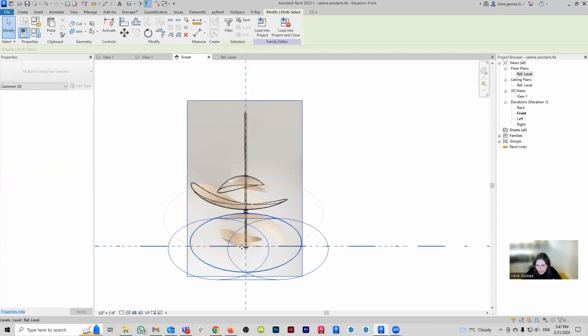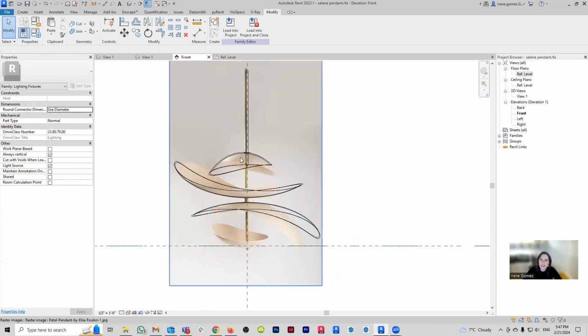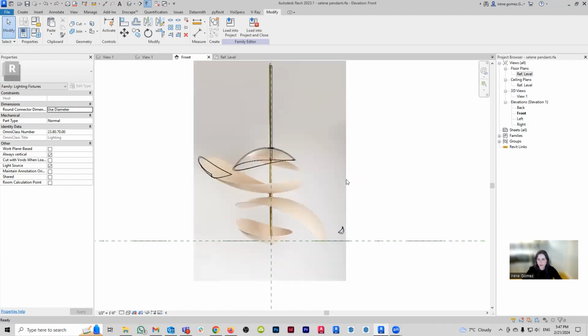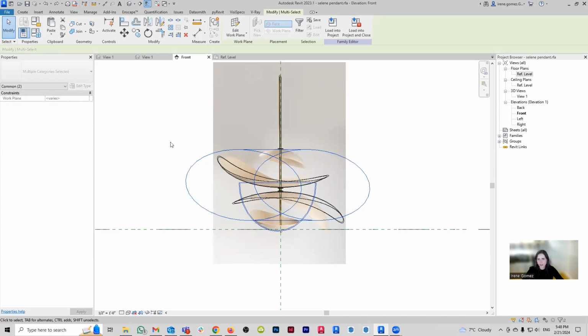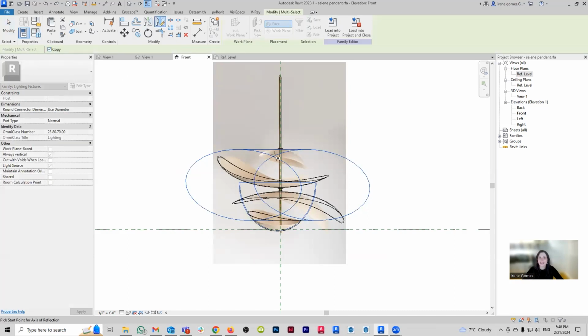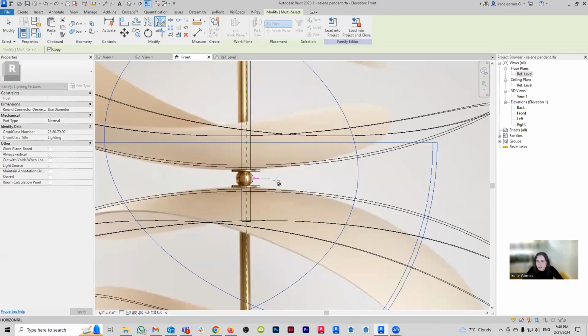And then where is my third egg? Oh, I think it's because did I mirror without copying? I think I did. Yes. Let me undo, undo, undo. Okay. So we're going to select egg and void, and we're going to go mirror. Ah, yes. We're going to copy the mirror.